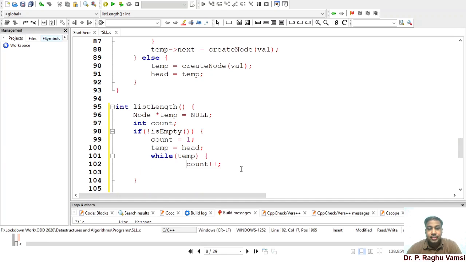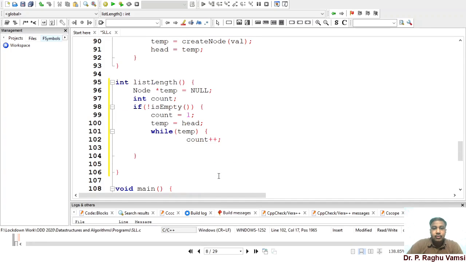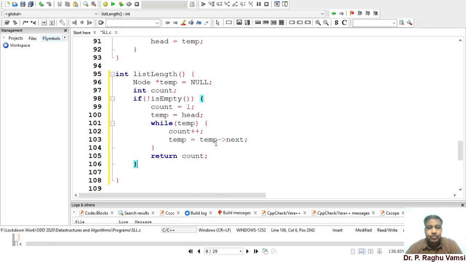For this, what you're supposed to do is the iteration must be included here: temp is equal to temp next, so that it will be incremented. Then once it is over, return count if the list is not empty, else return 0.